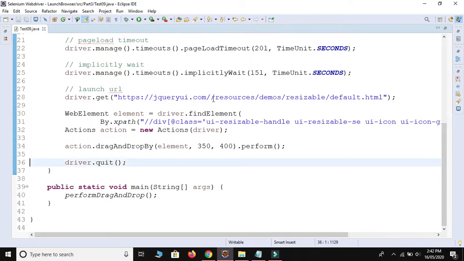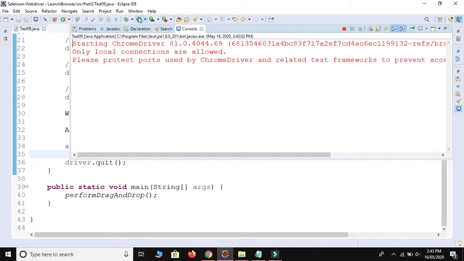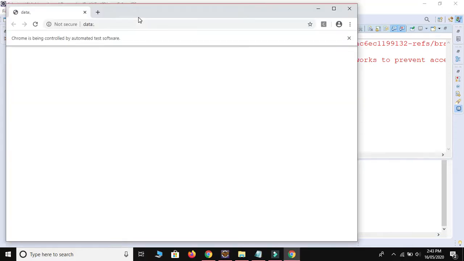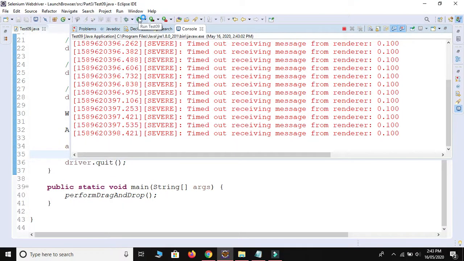Let me save and it will resize with this value, because I don't know what the limitation for the element is. It will resize and then quit. Okay, perfect.